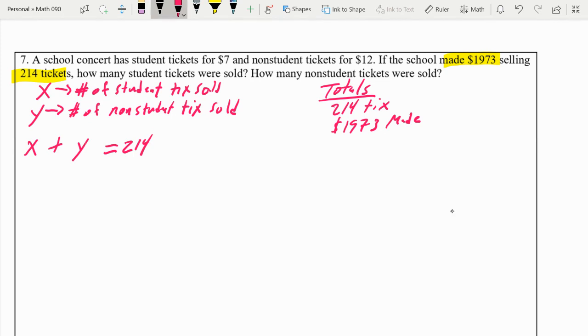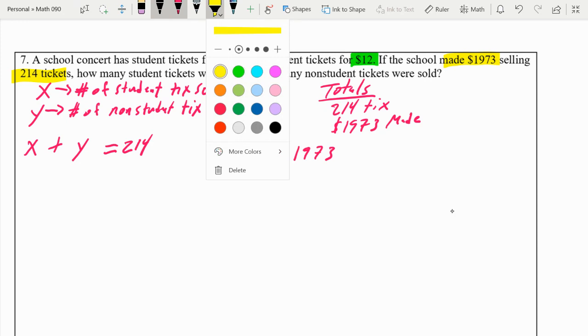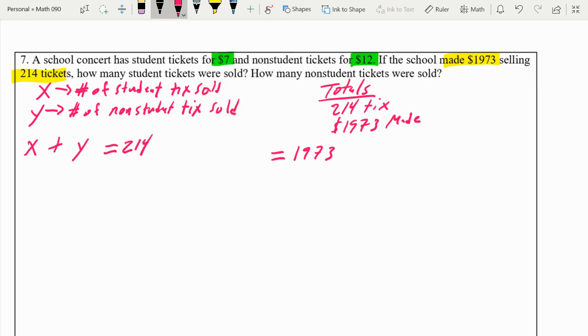Now, how do I get 1973? All right, so that's in dollars. Now I'm going to go up here and look for some dollar amounts. There's a dollar amount. All right, so there are the dollar amounts. How do I get these to